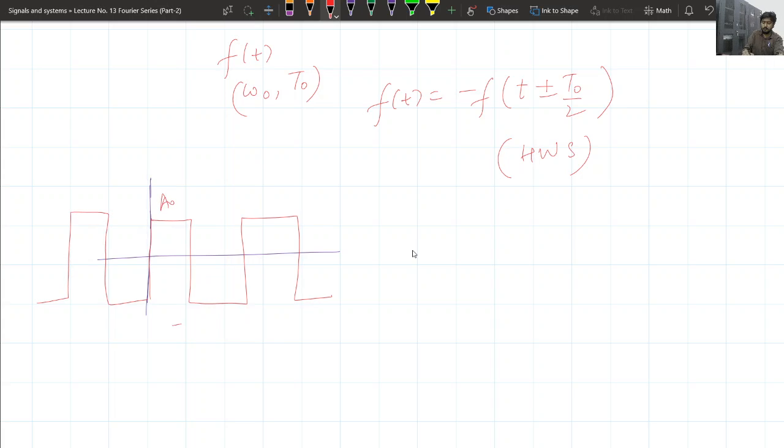Let's say it's a naught minus a naught. Let us shift and inverse the signal. Do the shifting. This is t naught by 2. This is t naught. Let us do the shifting. It will be somewhat like, if we do the shifting by t naught by 2,